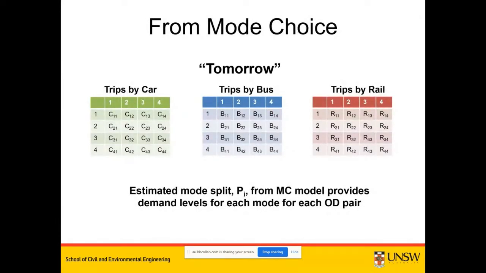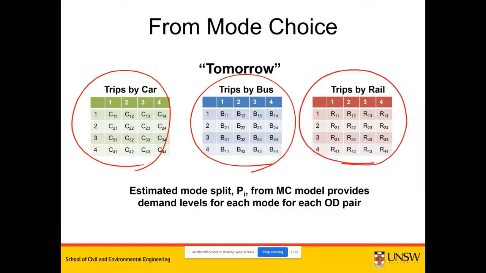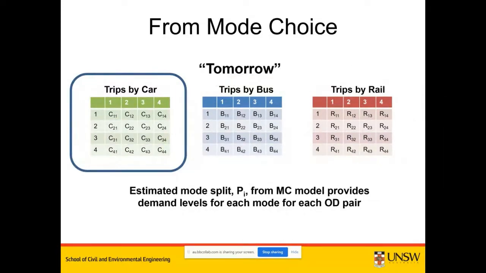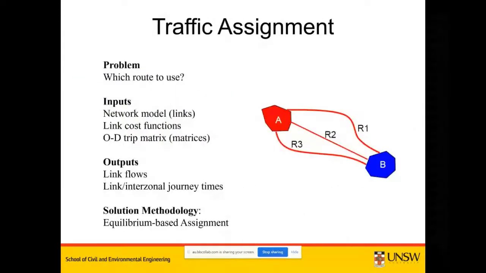And again, in the mode choice, we take that big OD matrix and divide it by mode into OD matrices. So we will have a specific OD matrix for car, a specific OD matrix for bus, for example, or a specific OD matrix for rail or walking, etc. In this part of the course, we'll focus on the OD matrix by car,